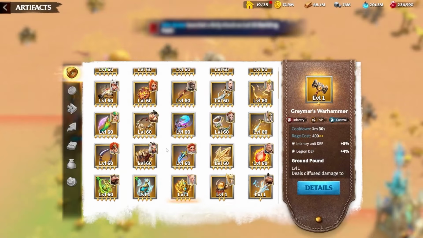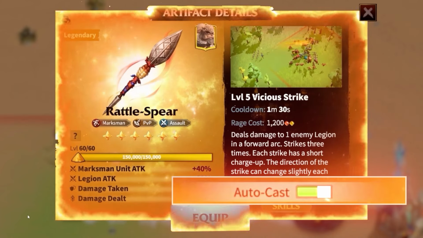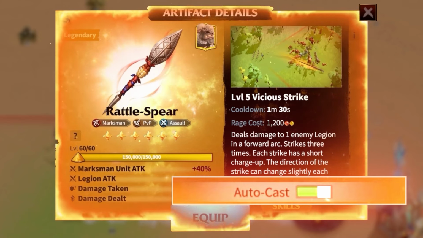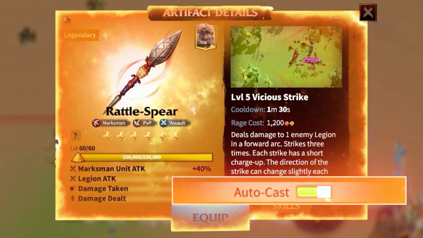The last function of an artifact that we can review from this screen is the auto-cast function. On many artifacts, you can have their ability trigger automatically as soon as they're available. This can be extremely helpful in large fights or when you're using many legions simultaneously. But for now, let's leave this off and bring a few artifacts onto the battlefield to show you how they